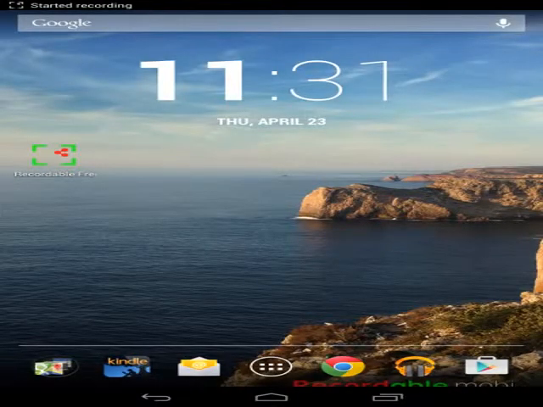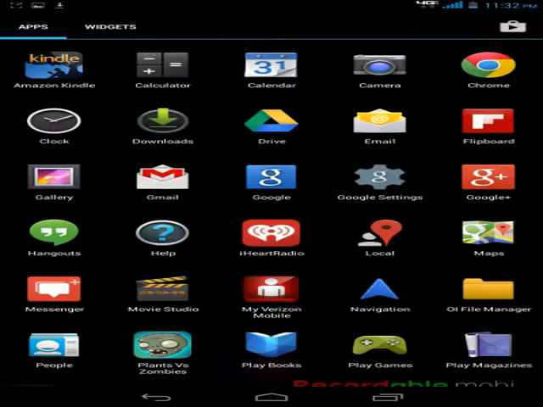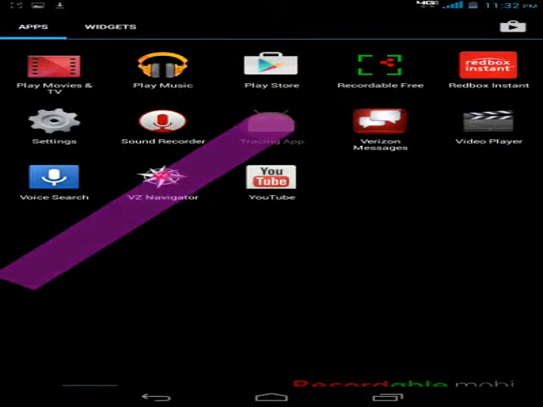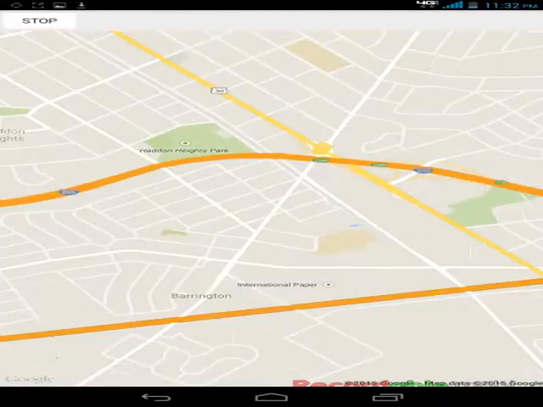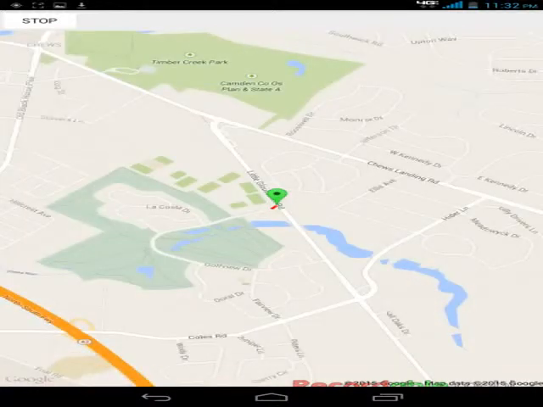Okay, I'm going to give a demonstration of the Tracing app so you can see it in action. I'm going to click my Tracing app icon to turn the app on. It'll take a second to find my coordinates and zoom into them. Okay, and you can see it puts a green marker on my starting point, and as I start to drive